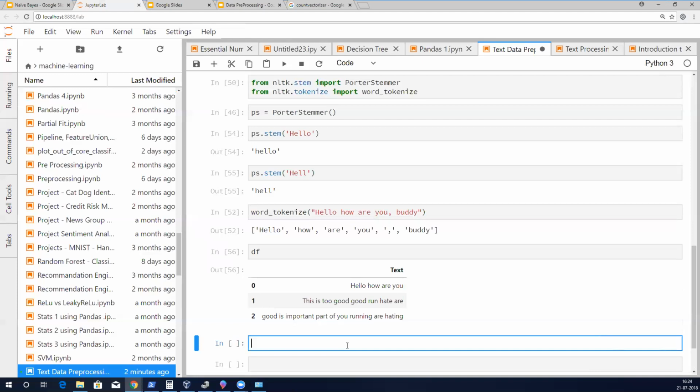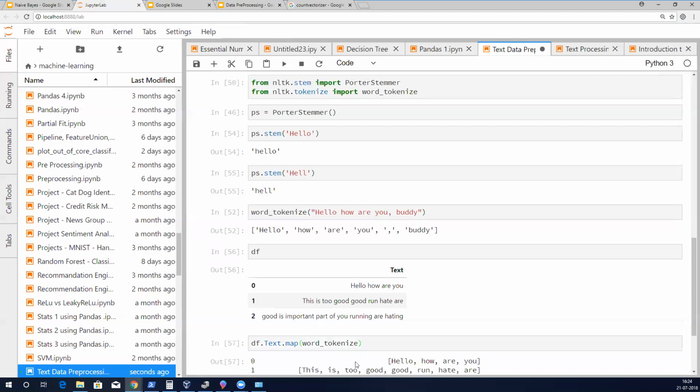So we have this, df.text. What we want to do for each word is word tokenize. See, it will directly tokenize that. And this becomes a function which takes each line and executes, right?